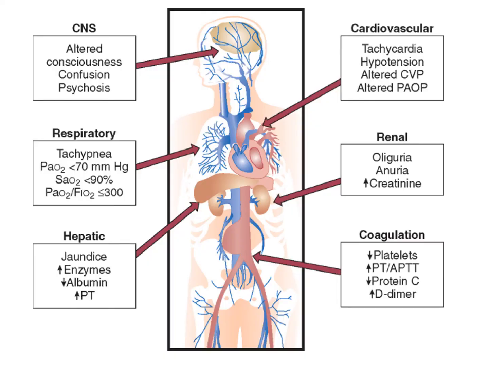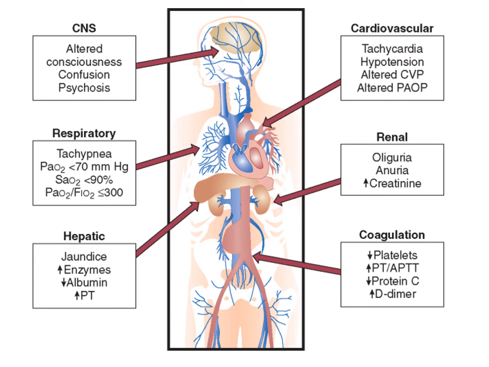This is just another schematic. I wanted to point out a couple of things on this for you. A couple of things we're not going to worry about. We're not going to go into that deep of detail with it. But this shows about the CNS system with alteration of consciousness, confusion. They can have some psychosis as well. The respiratory system, that if you have a PaO2 that's less than 70, you really need to start monitoring these patients, and an O2 sat that's less than 90.